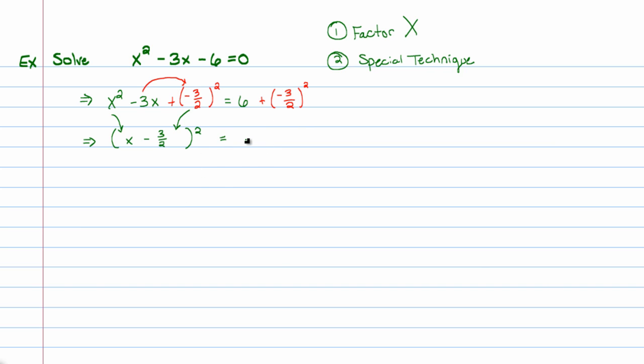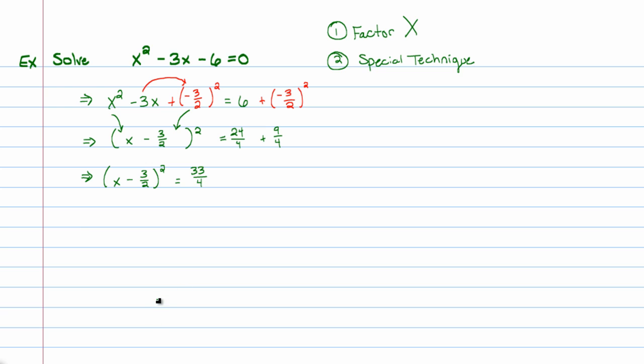On the right-hand side, I'm going to have to actually do a little bit of math over here. 9/4. 6, as far as having a denominator of 4, is the same thing as saying 24/4. So this tells me that I have x minus 3/2 being squared is equal to 24 plus 9 is